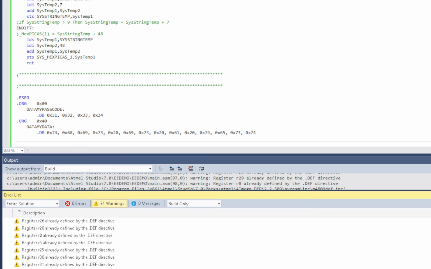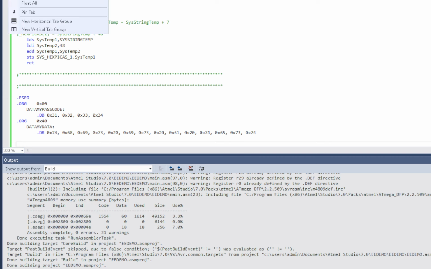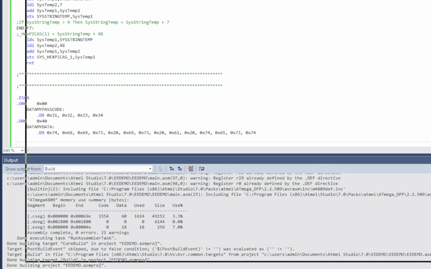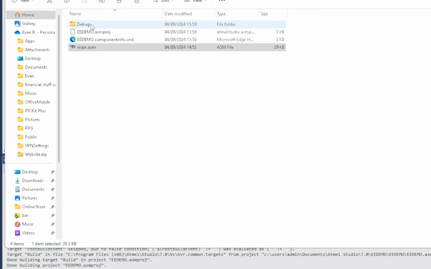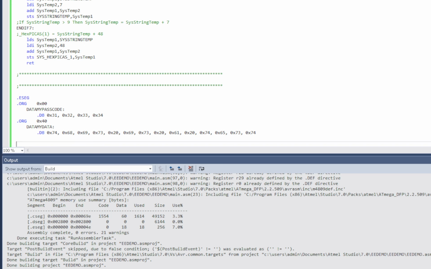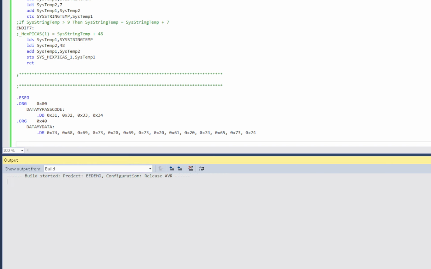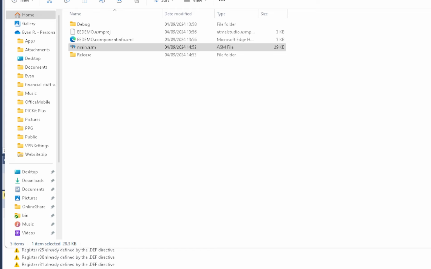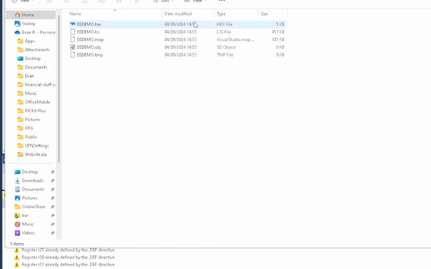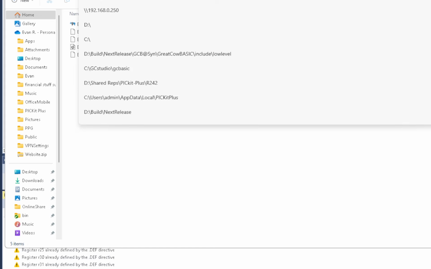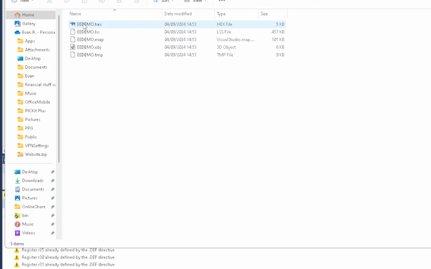We can program that. Now, how do I program this? There's the folder. You can see it on my desktop, and I'm in debug mode. I'll just turn that off. Release. I'll rebuild that for us. Great. It's now got a release, and I just want the folder name. It's created the hex file. It didn't create the EEPROM file,